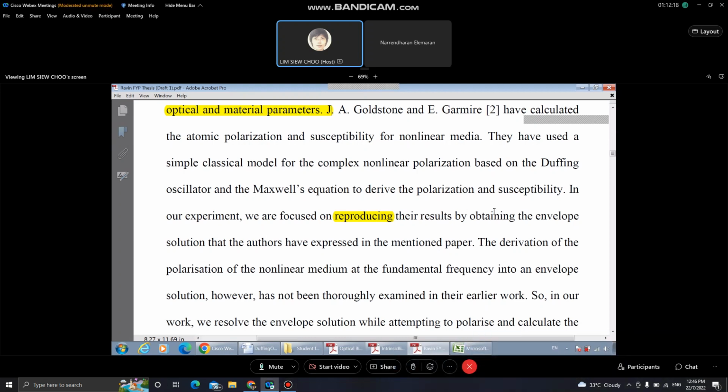of the envelope solution. Because reproducing means that it's a bit difficult, because sometimes even though you read the paper and you reproduce, you are not the author, right? So sometimes when you study and then you try to reproduce, of course your action is reproduce, but maybe you use some slightly different parameters, and then you get something very different.